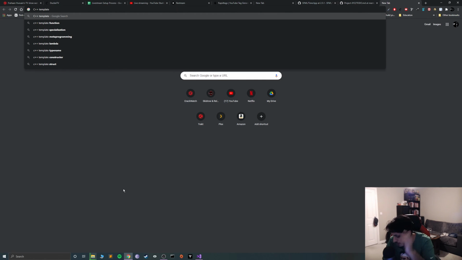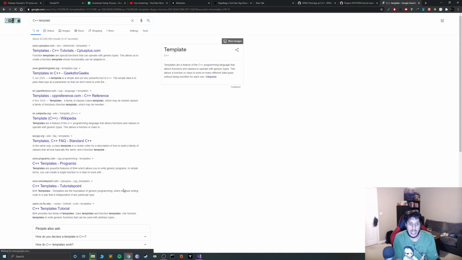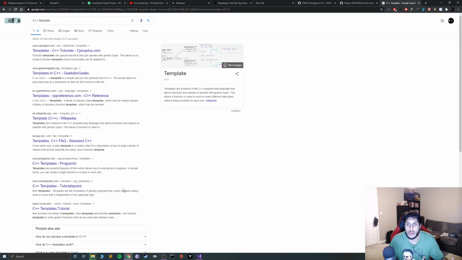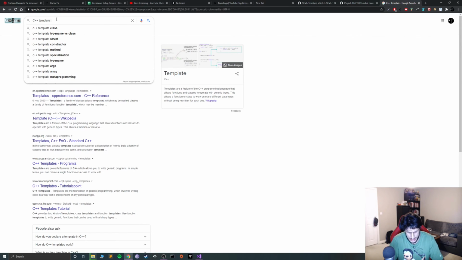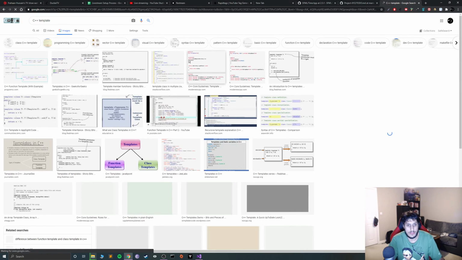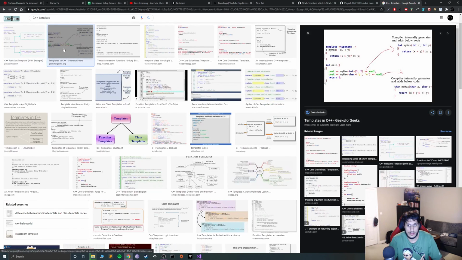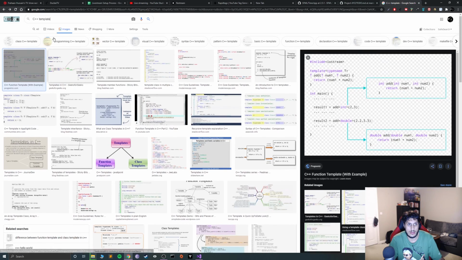Yeah, they are libraries, but I would recommend that you understand as much of it as you can yourself. You know, there's nothing like being able to understand what you are implementing and doing. C++ template. Template based on